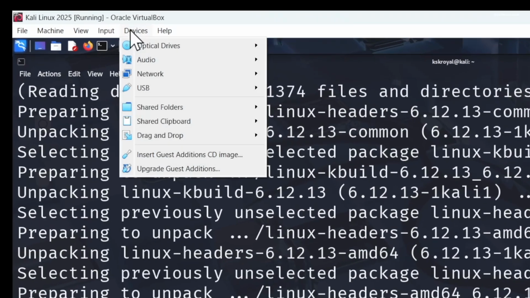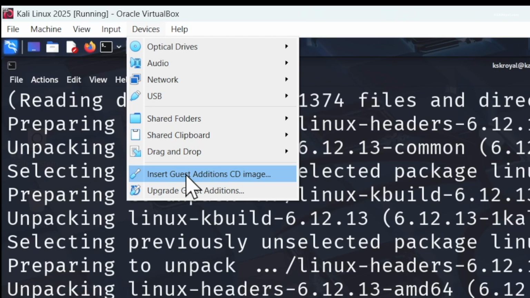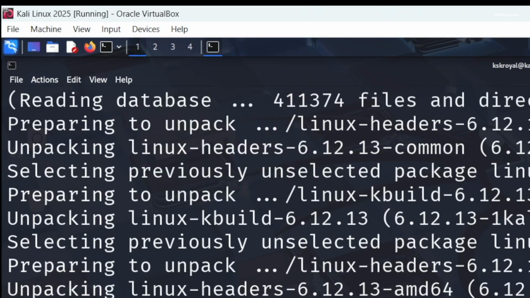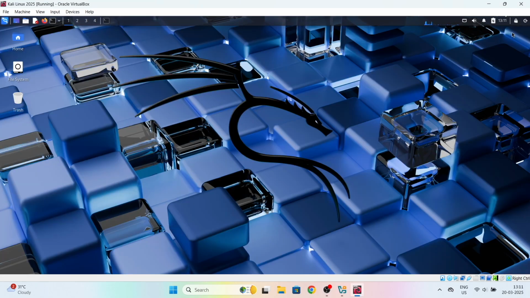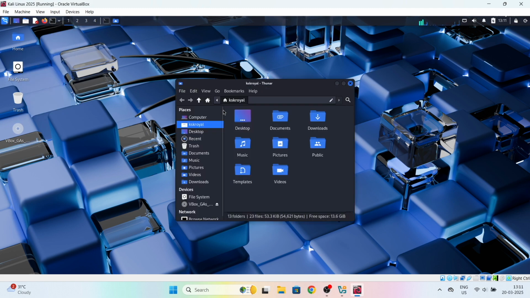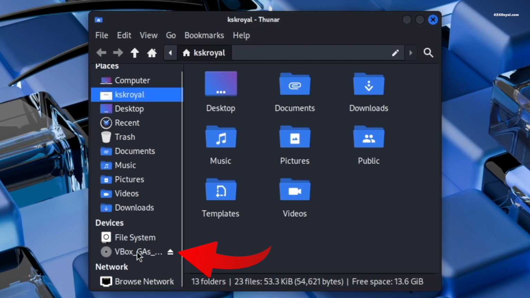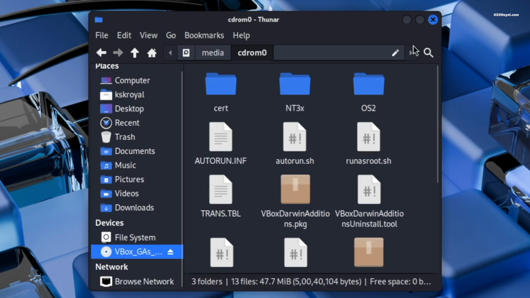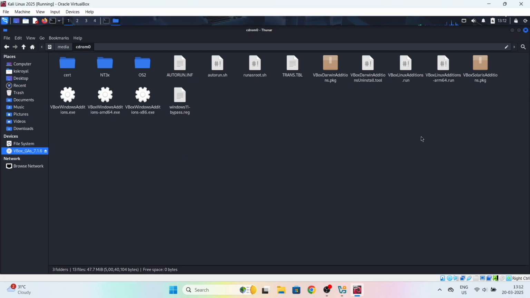Now, using the menu bar, select Devices and choose Insert Guest Additions CD image. Once it's mounted, open the File Manager, find the CD icon on the sidebar, and copy its contents to your Documents directory.